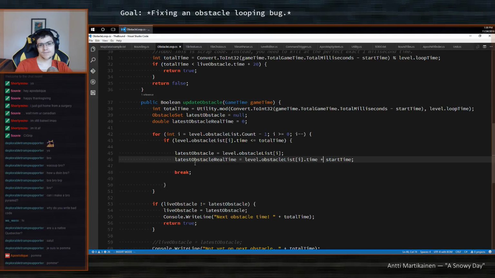Plus total milliseconds minus start time. Now that would make sense. Okay. Latest obstacle real time.